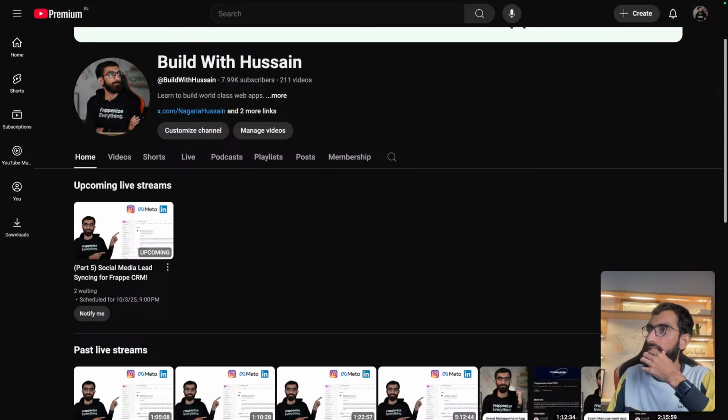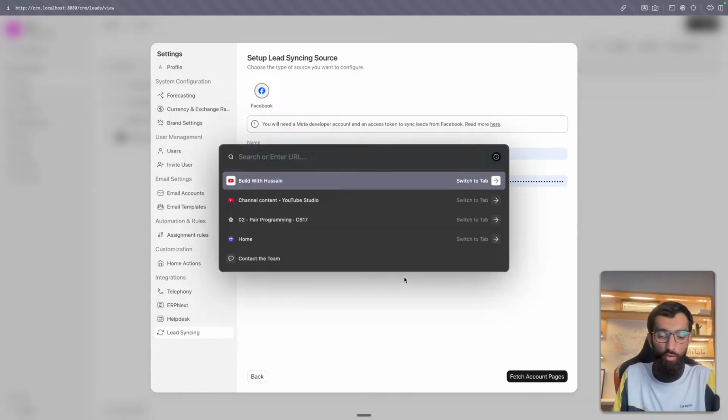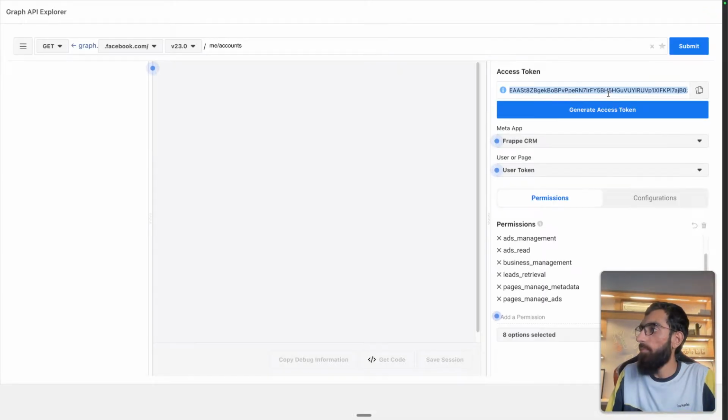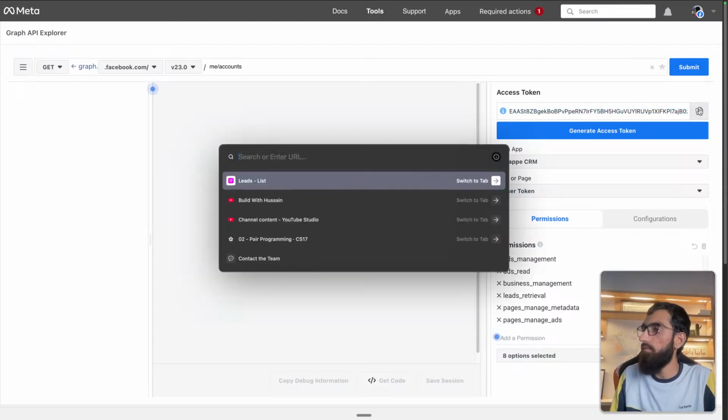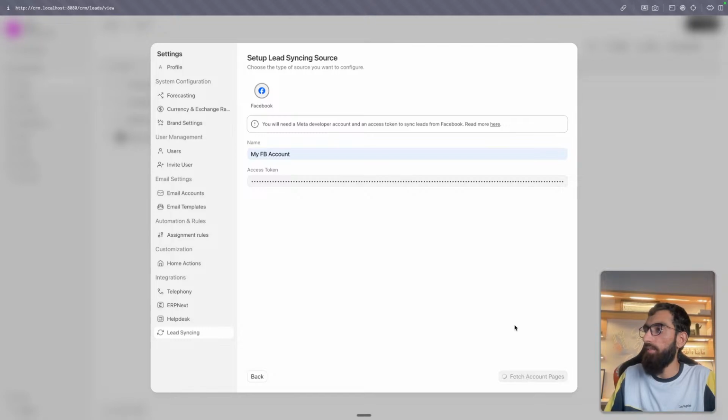if you go here, lead syncing, and if you remember, you give your token. Token might have expired. Please check your access token. That is nice. My screen is stuck for some reason. Let me just restart the capture. Yep. Yeah, this is what we did, and then access token is invalid. Please check your access token, and then we'll go to Explorer and grab a new token. So let's go there, copy this token, go back, paste it here, fetch account pages,